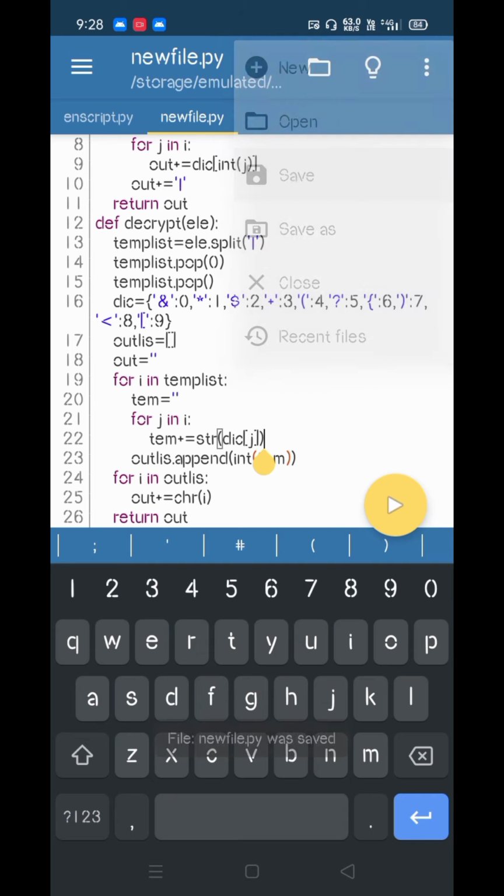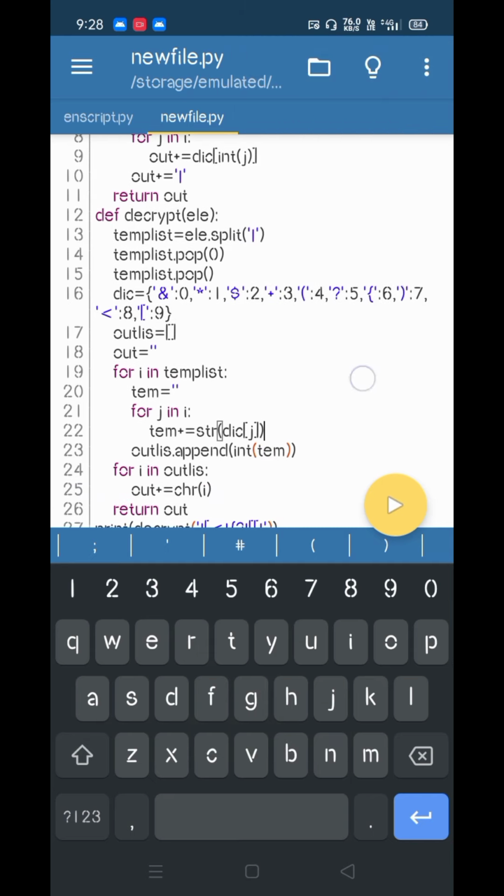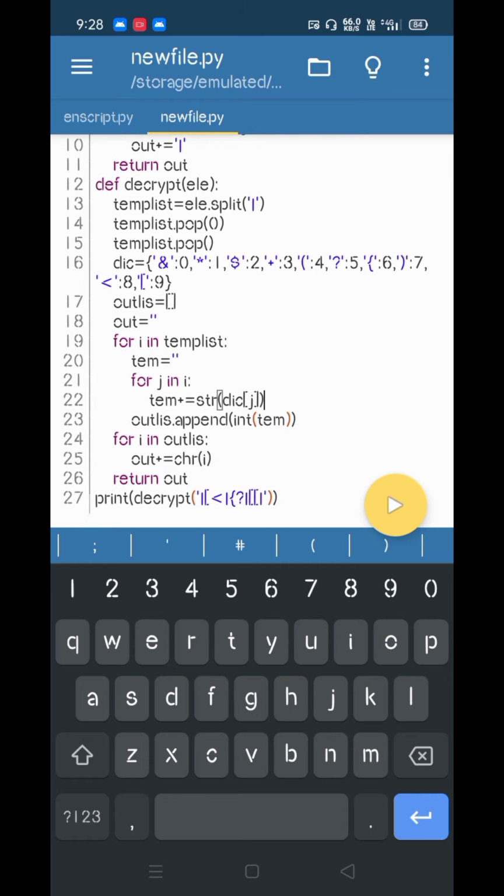Okay, here for the string we are getting an integer. We can add a string to a string but not an integer to a string. So let us run it. You can see it was running exactly.